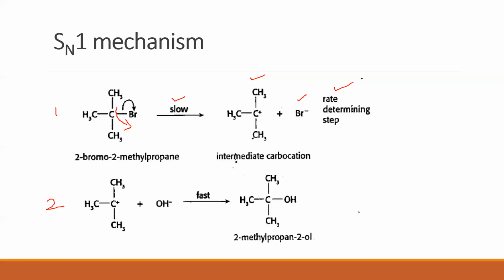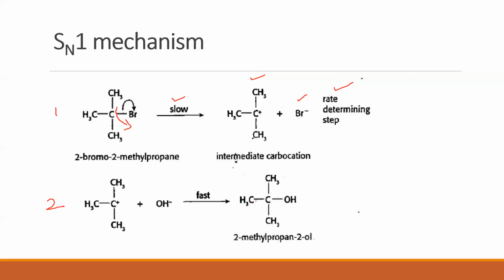Clear? So, in the first step, the halogen goes out. How is it going out? It is going out with the bond. Since it is going out with the bond, it goes out as the halide ion, and the corresponding species that is obtained is a carbocation. Clear? So this is the first step. We call this the formation of carbocation.